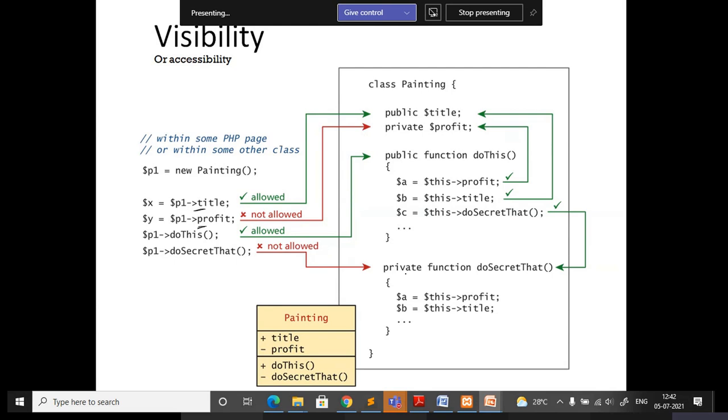Is it clear? In a simple way you can define the class using this UML diagram. If you know this much, what the properties and methods are, it is a simple way of representing your diagram about the class. But here you are not specifying any scope. In that case, if you want to know, you have to go to the class and find out what scope or visibility is given to that particular property or method.